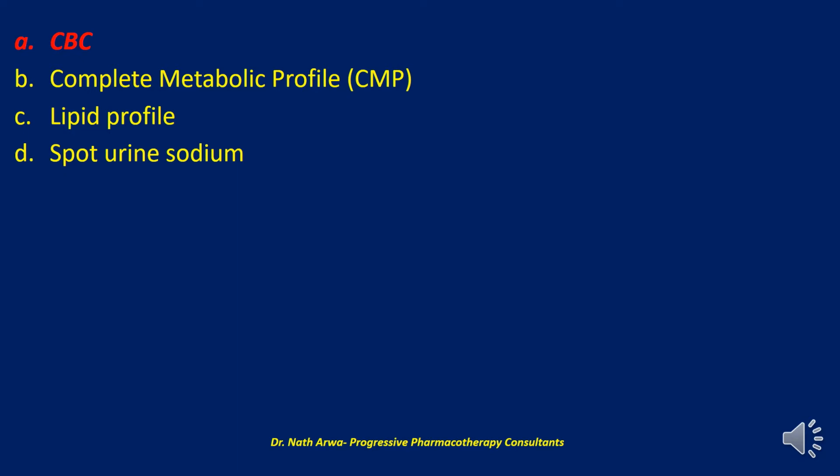Pseudo-hyponatremia can be seen in hyperglycemia, multiple myeloma, or a lab draw error by the phlebotomist. A spot urine sodium with or without chloride can provide a clear picture if the kidney is losing excess sodium or not. So that explains briefly, in a nutshell, why I would be biased towards answer A. Let's move to the next question.